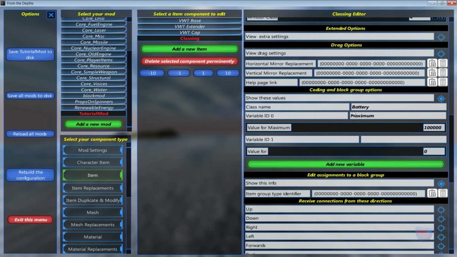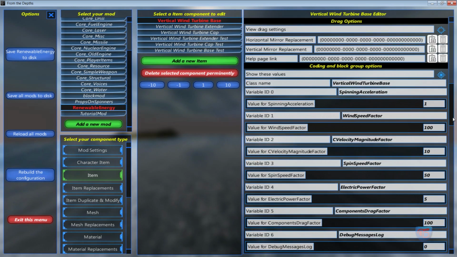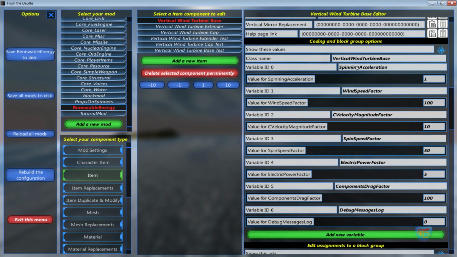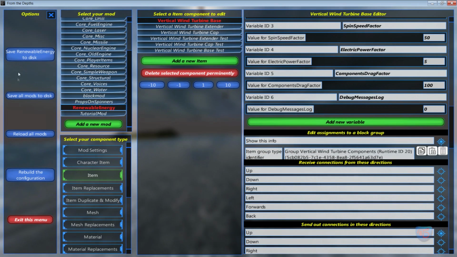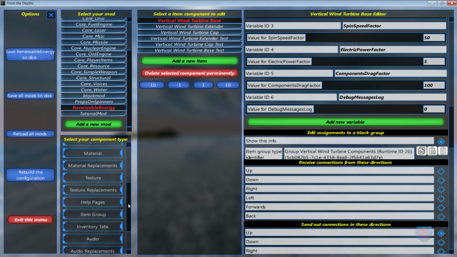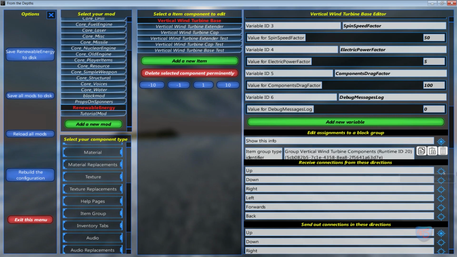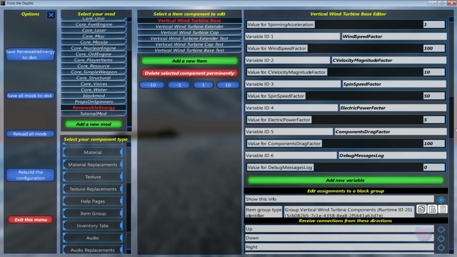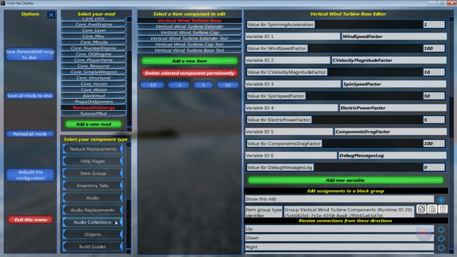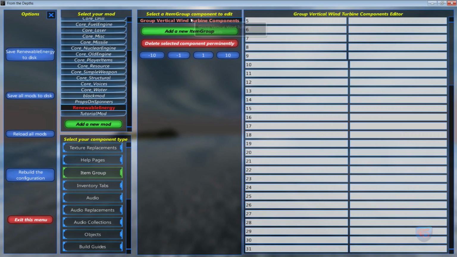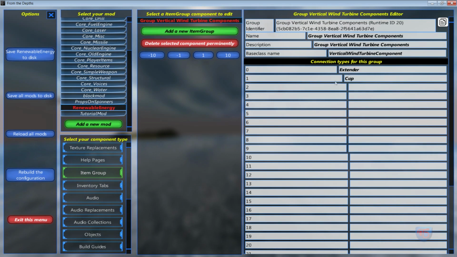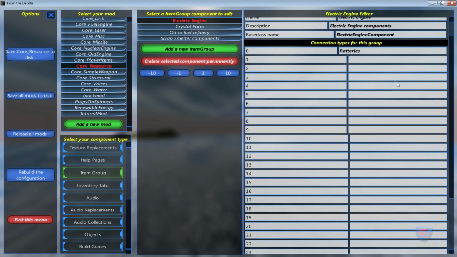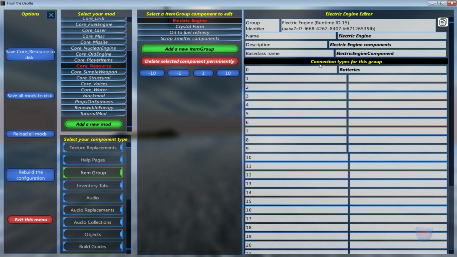Nevertheless, the scripting, how it works. I would need to attach the identifier group, which is the reference, so it's wind turbine, and that's the group assignment, which is also below. But I would like to talk about this more in the next video and go through exactly what's going on behind. So the item groups, those are for the assignment, and that will be similar for the battery, electric engine,